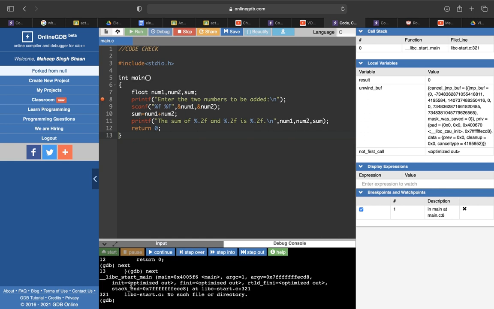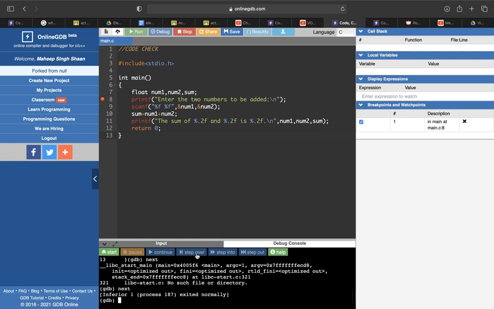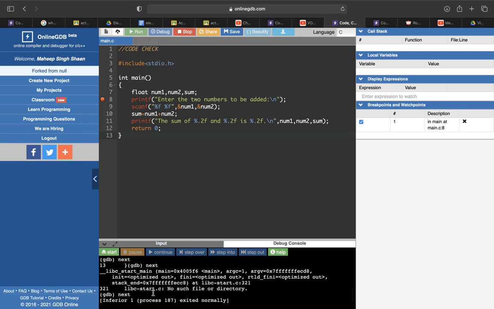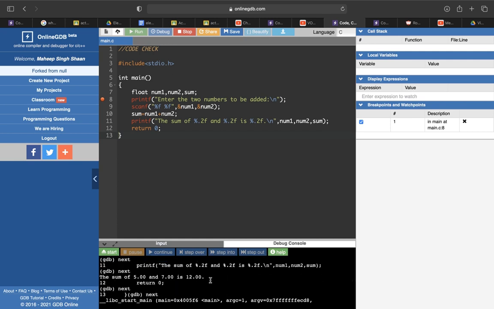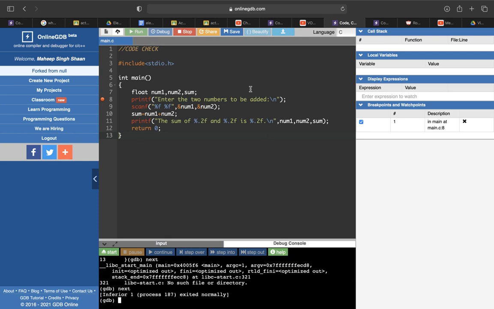You don't have to stop here. You're supposed to step over until this option goes off. Now you see I'm stepping over, and this is the complete debug log where my final output statement is also printed. Okay? So basically what happens is it'll keep on running these checks inside the code.